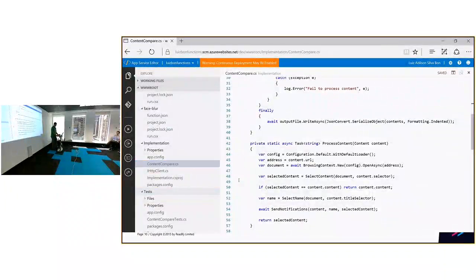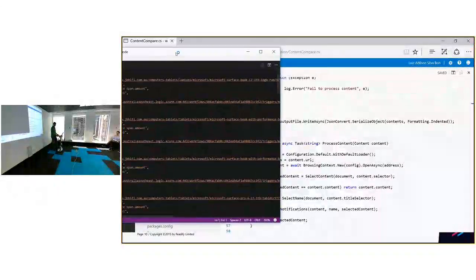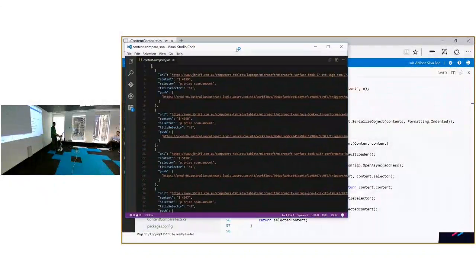One thing that I want to show is the file that we have. Basically, the file that this function reads. Here it is. This is the file that this Azure function uses. So basically, we have a URL, we have a content. This content is the latest content that was read from this URL. We have a selector,